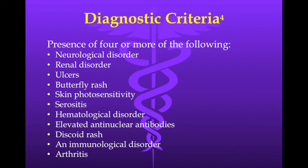Patients are diagnosed with lupus by having at least 4 of the 11 criteria: a neurological disorder including seizure or psychosis, renal disorder, ulcers, either oral or nasopharyngeal, a butterfly rash, skin photosensitivity, serositis, including pericarditis or pleurisy, hematological disorder, including leukopenia and lymphopenia, thrombocytopenia or hemolytic anemia,